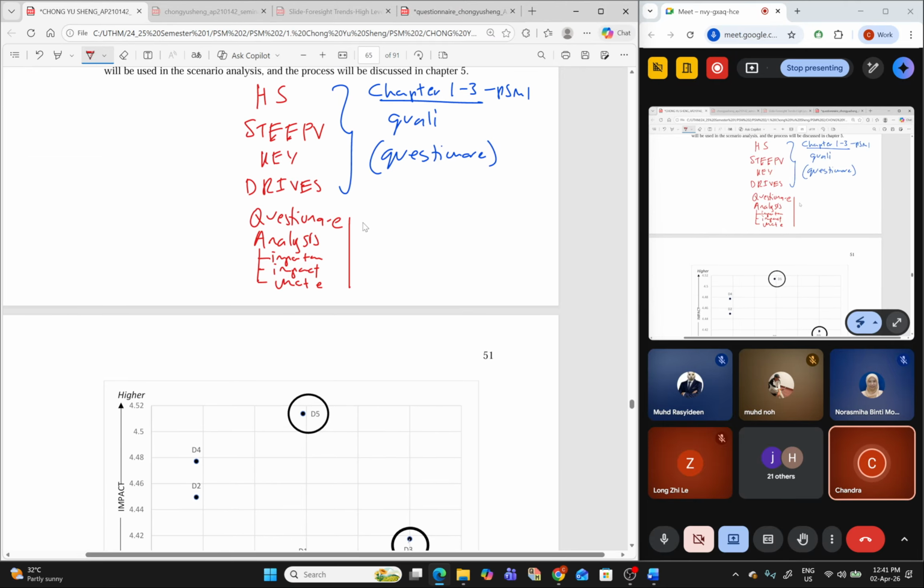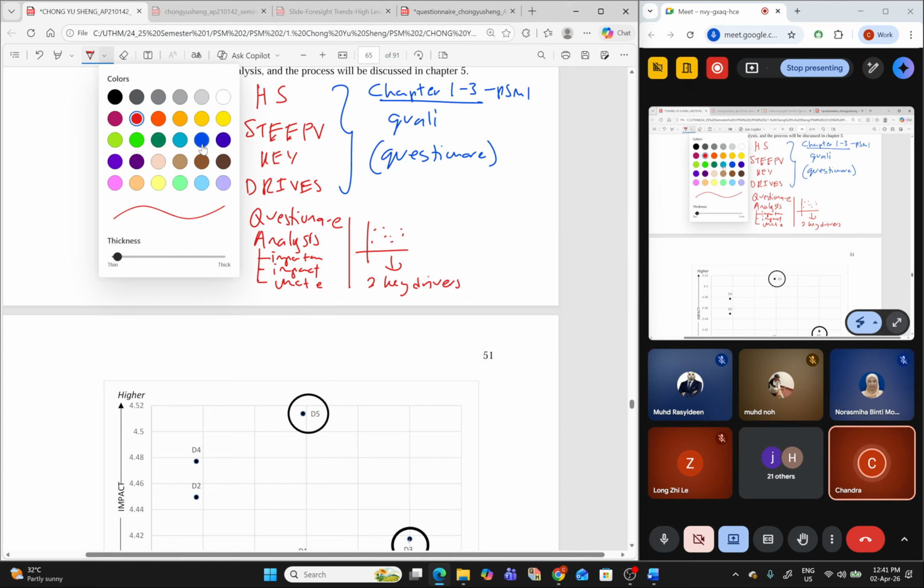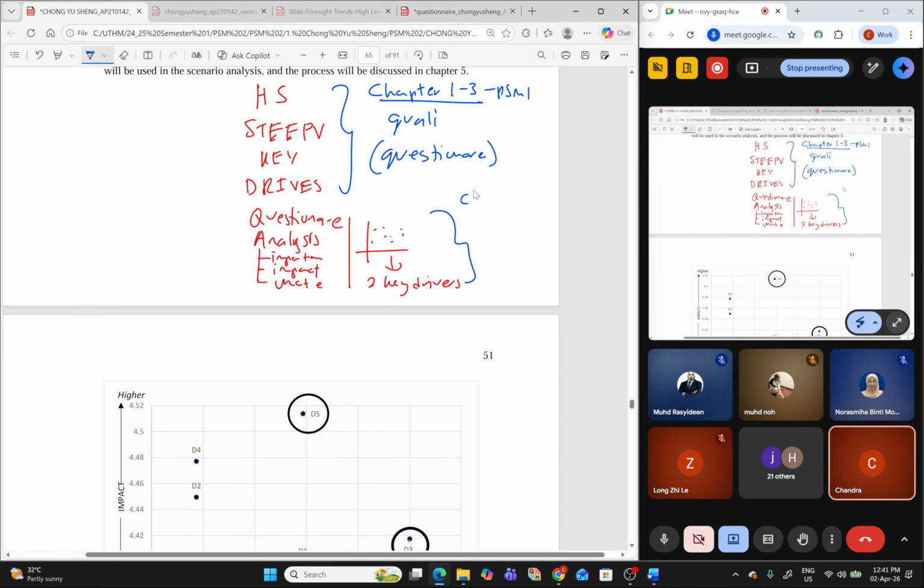You akan buat macam, saya buat satu diagram macam ni lah, lebih kurang macam ni. You akan plot, you akan pilih 2 key drivers. Ini adalah chapter 4. Chapter 4. Ini dah masuk kuanti.